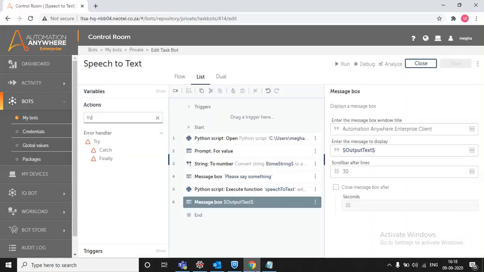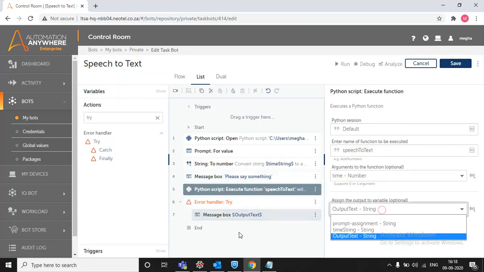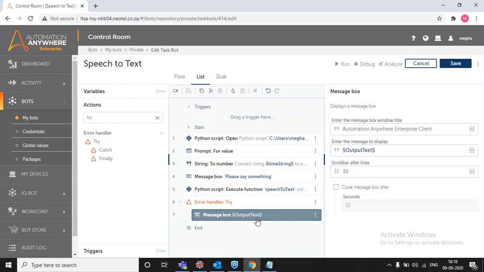So you need to handle all the errors, and for that I am using try and catch. In try, I am using this message box. If no error comes, it will just execute the function and give the message output text.